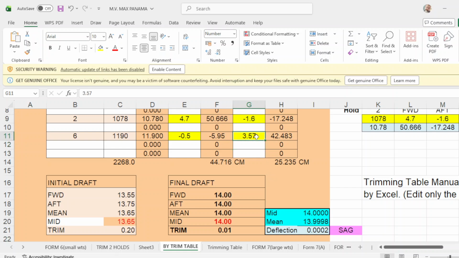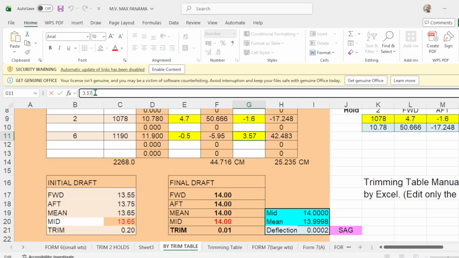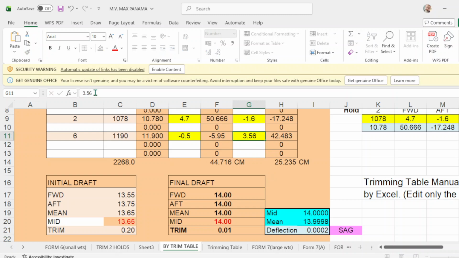Okay. So make it a little bit 3.56. Then here you are. It's now even keel. Forward 14 meters, up 14 meters, main 14 meters. Then your trim is 0. Then your deflection is 0.